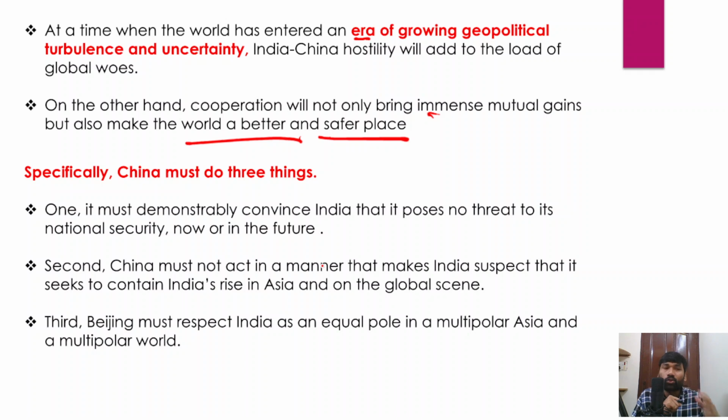In fact, if China wanted to improve its relations with India, and India also wanted to improve its relations with China, there are a few things that both countries should do. First, the author has been suggesting that China has to do certain things to improve its relations with India, right? So one is that